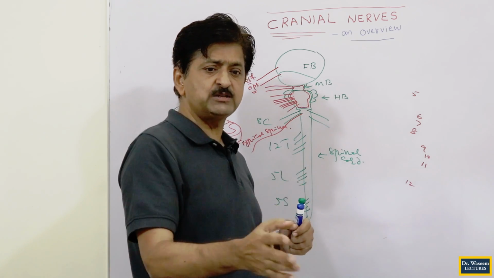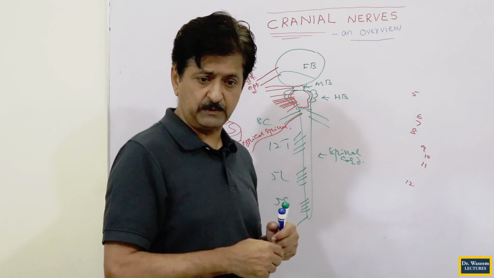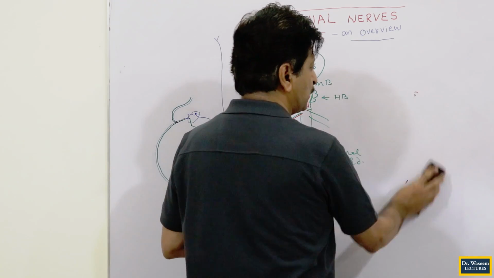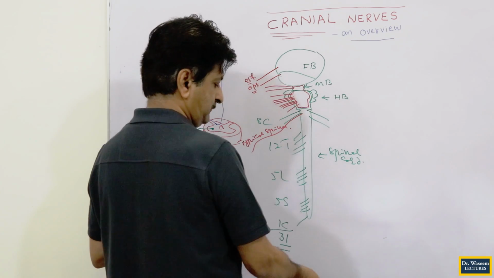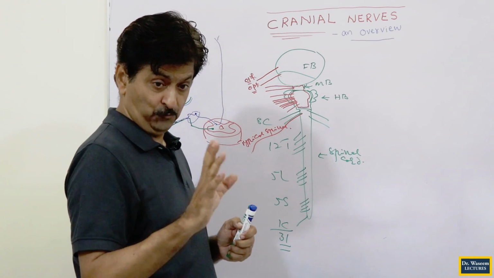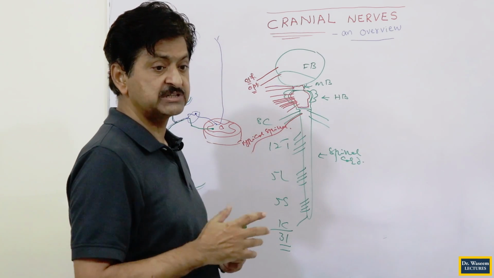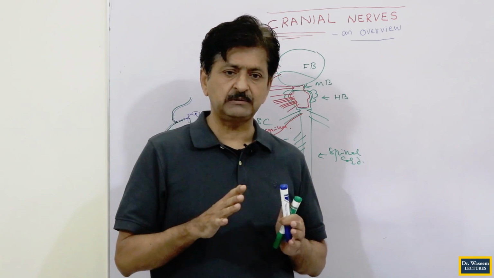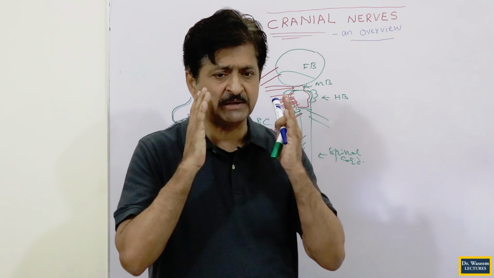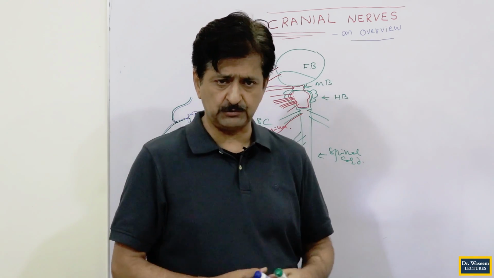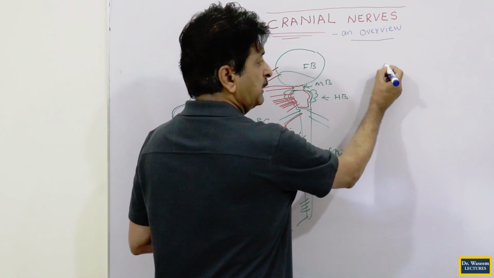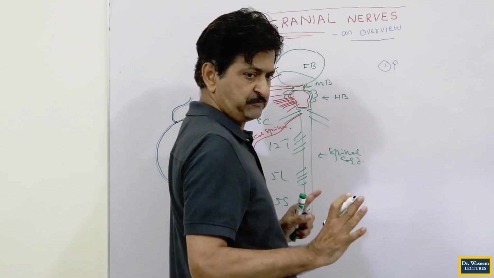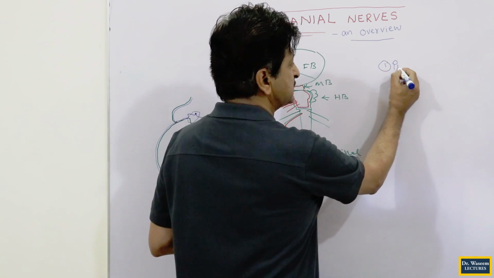But why has 1 to 8 been given the purely sensory component responsibility? We told you that they are called purely sensory, purely motor, and the mixed nerves. You see how we divide them into these three components, and on what basis? This basis is in fact the foundation, and it is important. If you remember the basis, the numbers of the nerves will be very easy for you. Like for example, number one group is called the purely sensory. We sometimes call them very purely sensory, but that is not a phrase; we call them purely sensory.